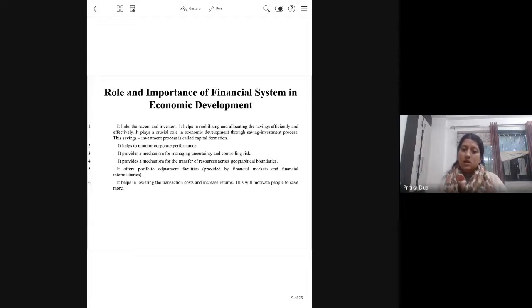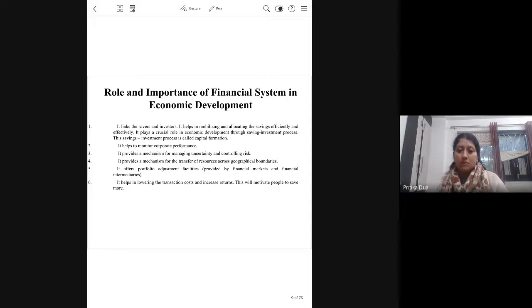Similarly, it again includes all the formal and informal financial sectors. Saying per se, the financial system enables the movement of capital, investment, profit generation,